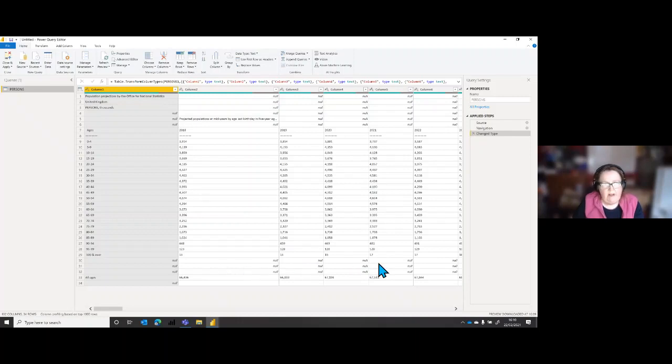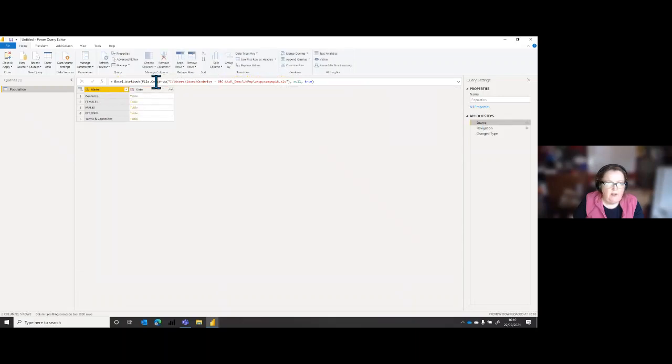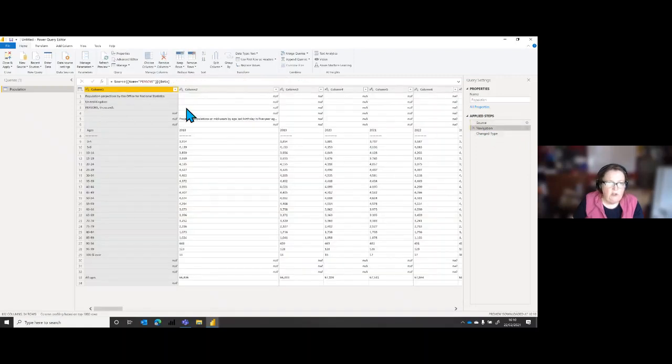So here's our Excel file. Over on the left here, we have our queries listed. And in the middle here, we've got our data. And on the right-hand side here is the name of our query. So I'm going to take out the persons because that's a horrible name, and I'm going to call it population. And then we've got our applied steps, which are the transformation steps that are being done. The first one is always called source. And if you look, it's opening up the Excel file. And then navigation says, take me to the sheet persons.